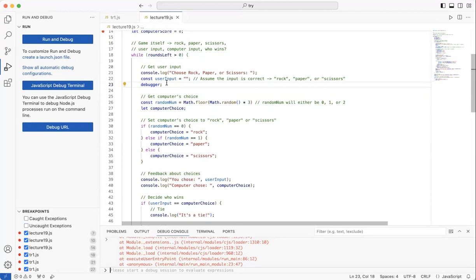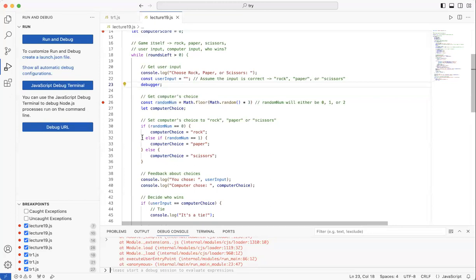Okay, so what the debugger does, the debugger essentially stops the code on its own, so we don't really have to put a breakpoint over here. What we can do, we can put in a breakpoint right over here to see what random num does, or what kind of value this one is holding.